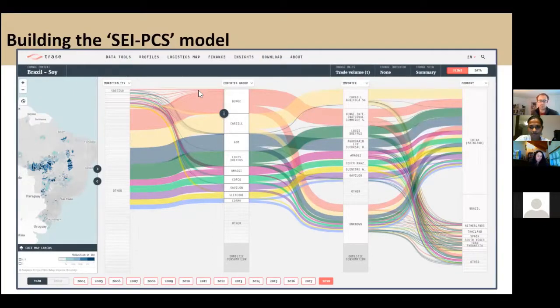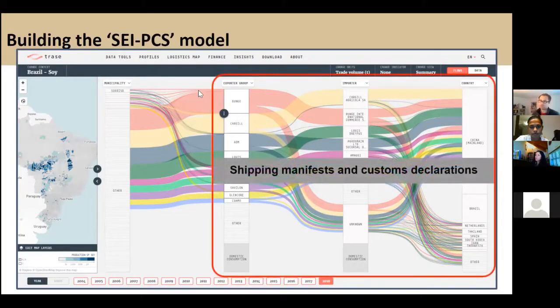So I say that we start with the export data. You can buy data, essentially, which is a compilation of things like, sometimes just customs data, but sometimes also supplemented with information from shipping manifests and bills of lading. And what this gives us is everything within that red box. Here you can see it will give you the company that's exporting it and the company that's importing it. It will also give you the port that it's going from and to, and the country that it's imported to in the first instance.